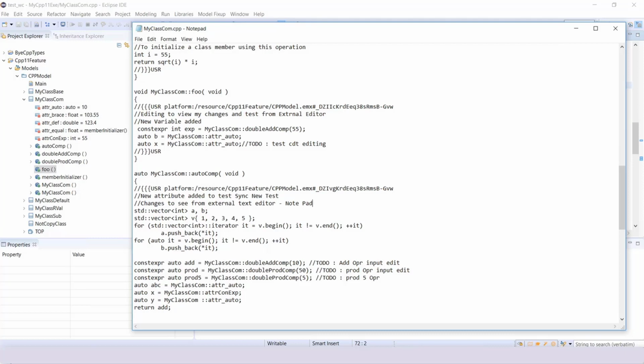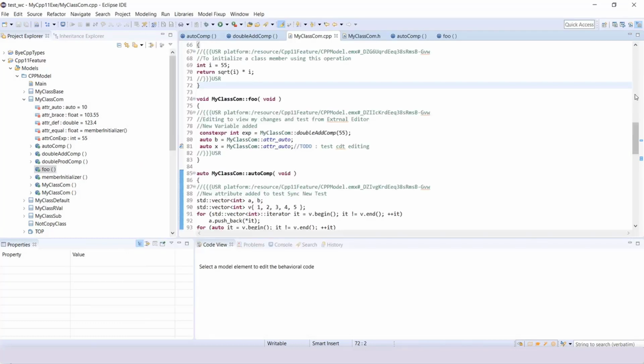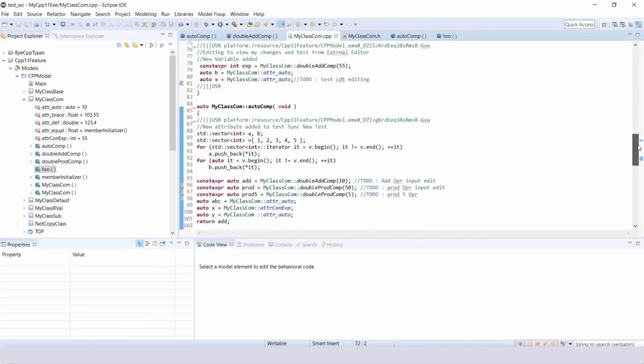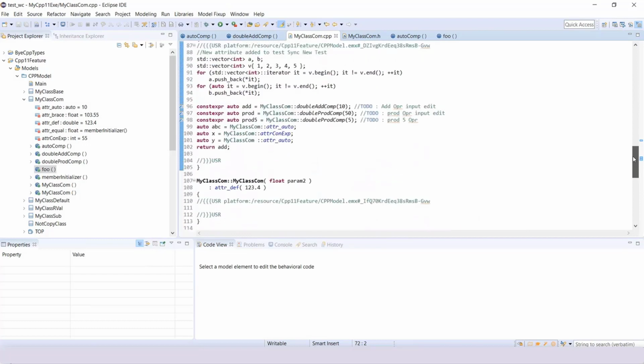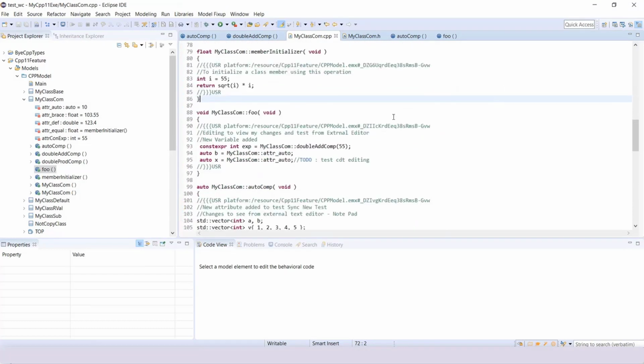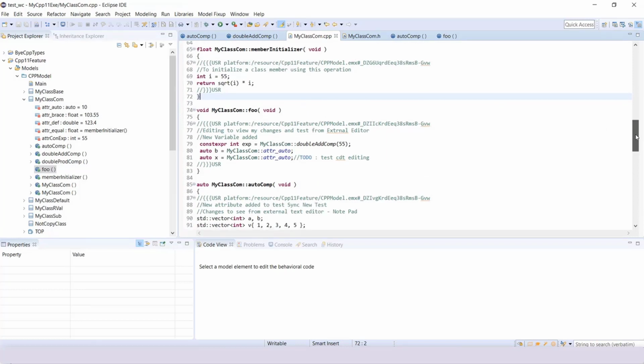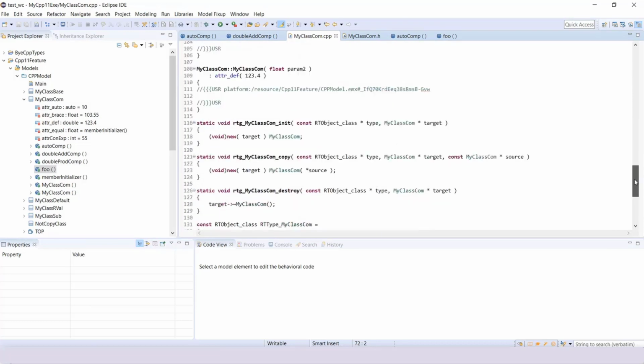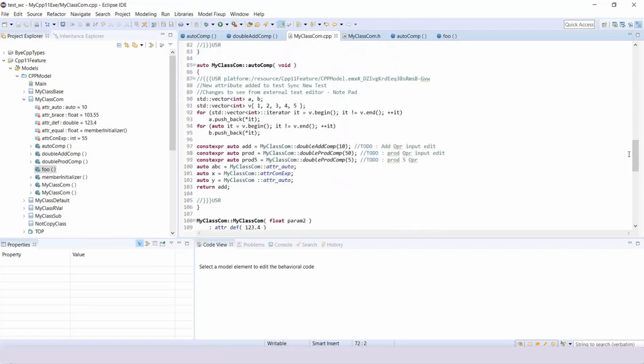Once I do this, save this Notepad and close it, you see the changes are reflected in the CDT editor, but the model is not yet synchronized. To synchronize the model, you can simply go to this file in the Project Explorer.